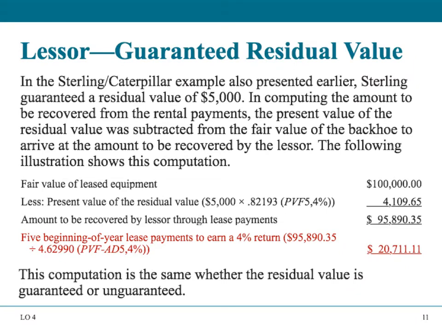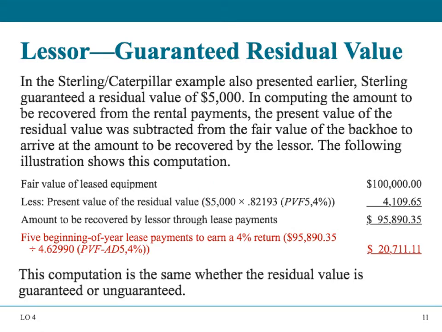Now let's take a look at the treatment of residual value for the lessor. In the same example that we discussed earlier for the lessee, in the transaction between Caterpillar and Sterling, where Caterpillar is the lessor, Sterling guarantees a residual value of $5,000. When we compute the rental payments, the present value of residual value was subtracted from the fair value of the backhoe. Why is that? Because this is the amount that is guaranteed, and again,